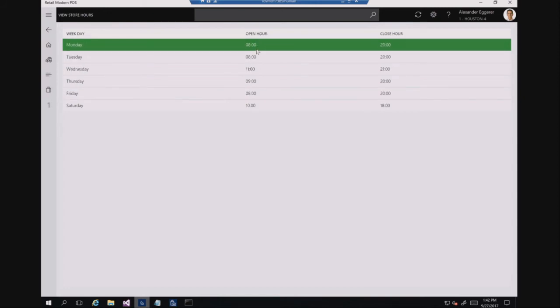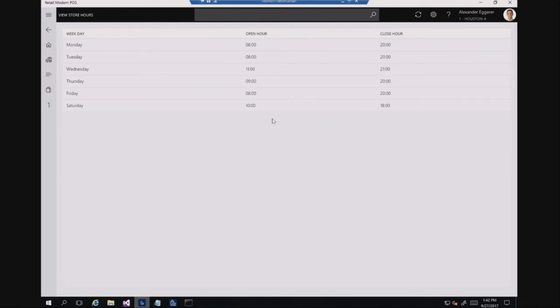All this, I created an entity in AX, a new extended table in AX, and then pushed the information to channel DB, and also created a CRT extension to fetch this information from the DB. POS just calls the proxy, saying, hey, give me that store hours information, so it will call CRT and then show that in the new view. I'll show later in the code how you create a new view and operation.